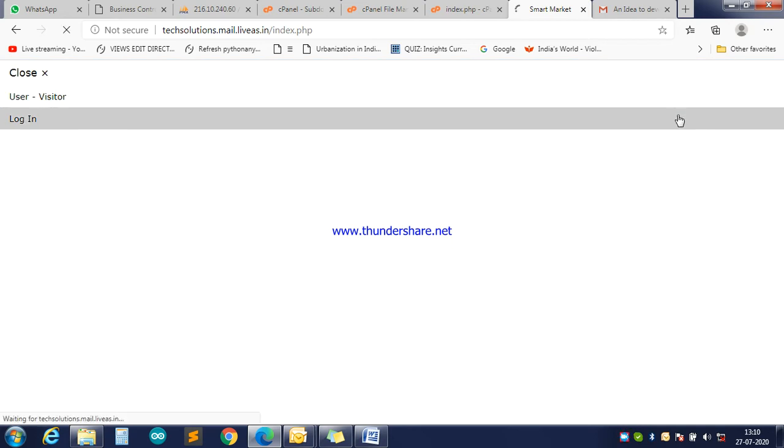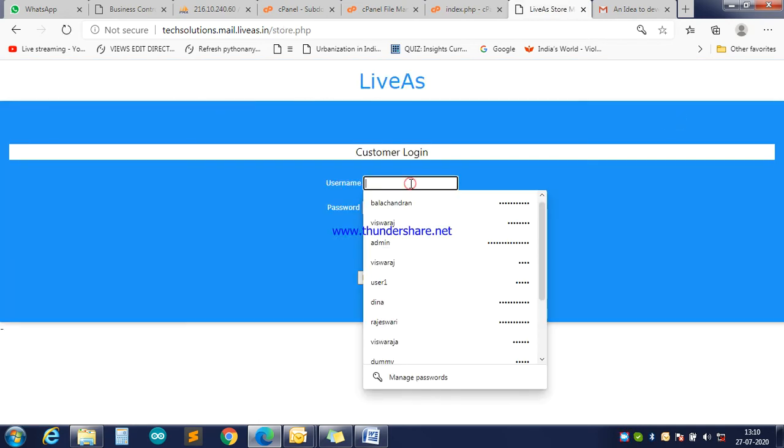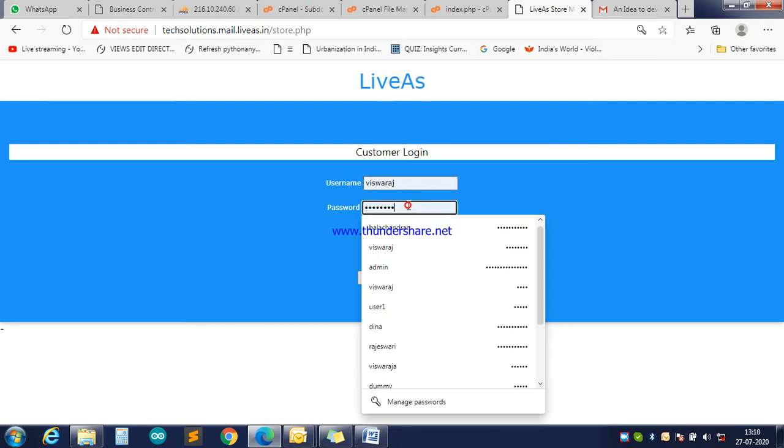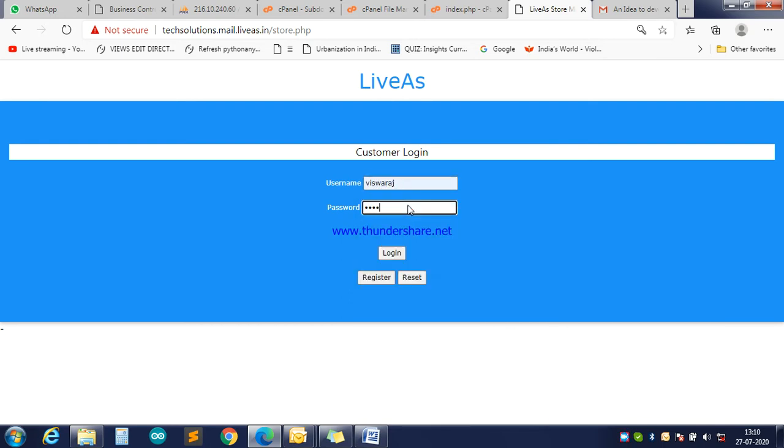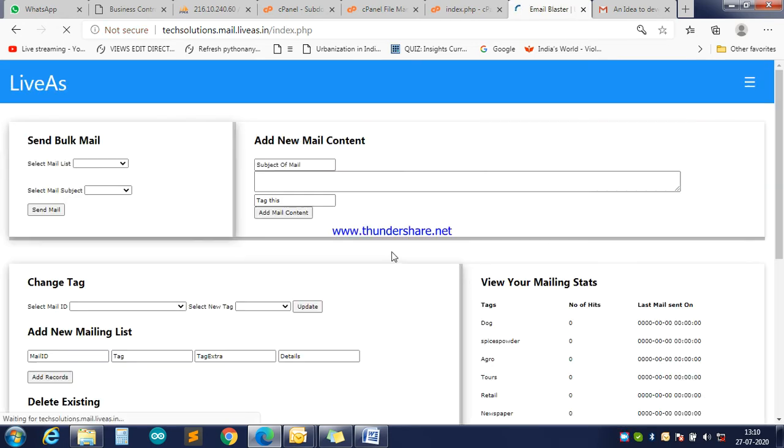You can log in. I'm logging in with my user ID and password. This is the Livas portal. So this is the interface.